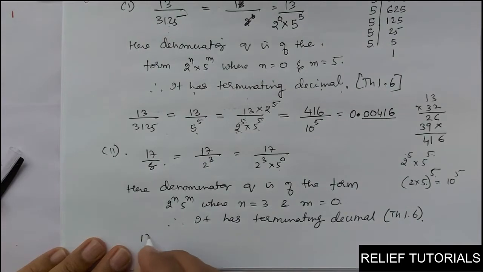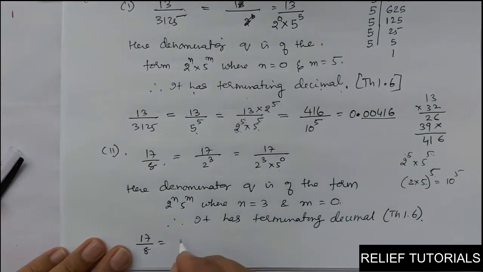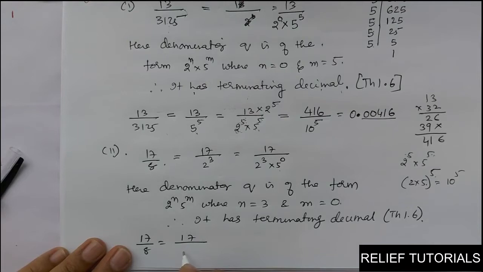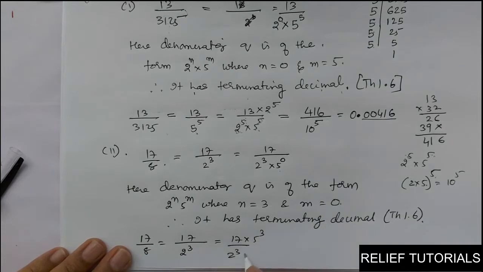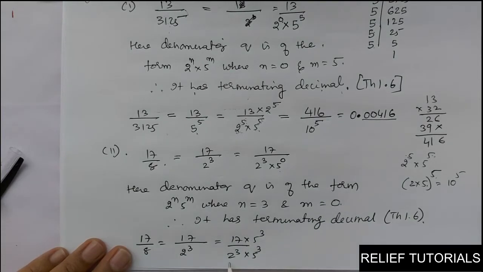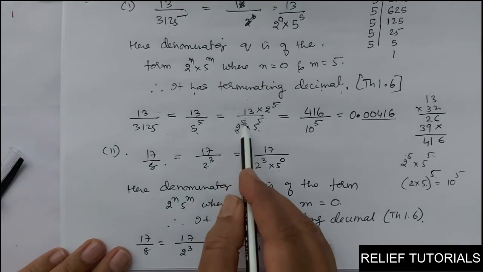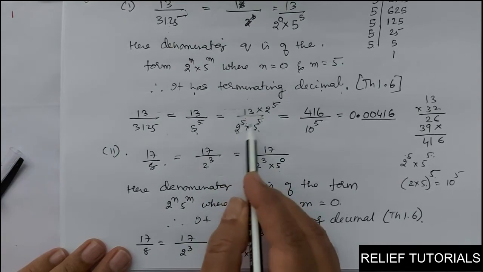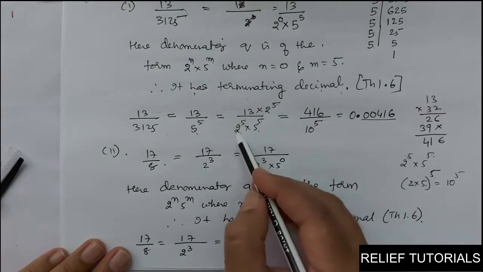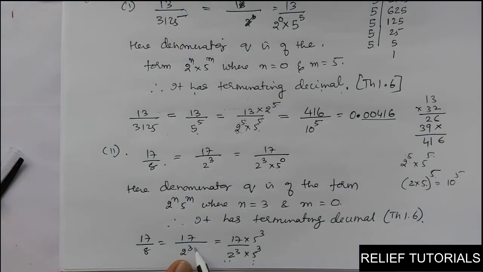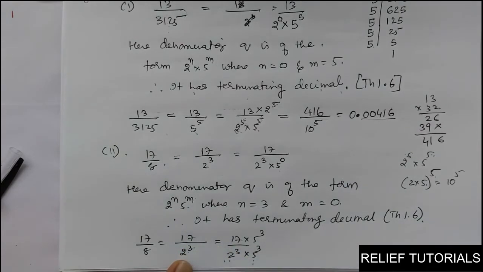And if it has a terminating decimal, you have to find that. So how can we do it now? 17 upon 8 is equal to 17 upon 2 cube. So this I can write as 17 upon 2 cube into 5 cube. See here, you have to create 2 and 5. Here there were just 2 cubes. Earlier there was 5 square, so we multiplied with 5 raised to 5, and we multiplied with 2 raised to 5. The power should be the same for both 2 and 5. Here we have only 2 cubes, so what is missing? 5 cube. We have to write in the form 2 raised to n and 5 raised to n. So multiply numerator and denominator by 5 cube.